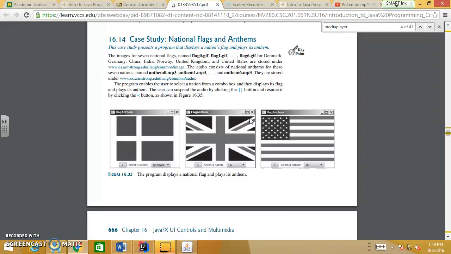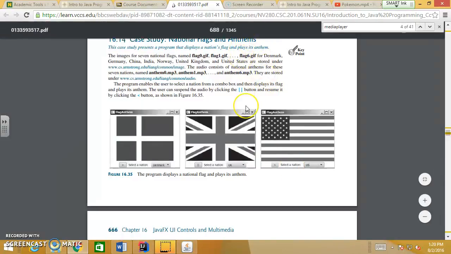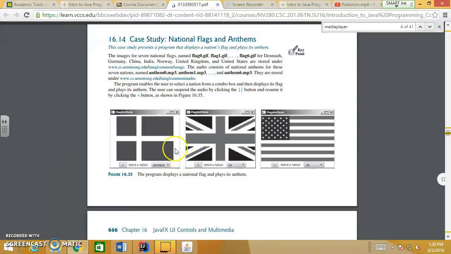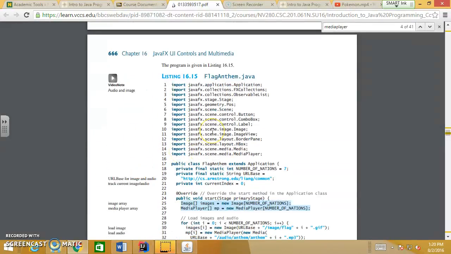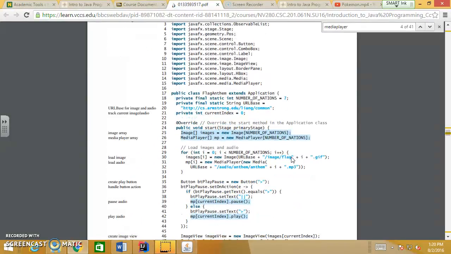So we can create a case study, and this one uses the audios, which are the national anthems. We're going to do a drop down box, select the country, change the image to the flag of that country, and we can play the national anthem audio. So let's see the flag of the country that we select. So how we control it,